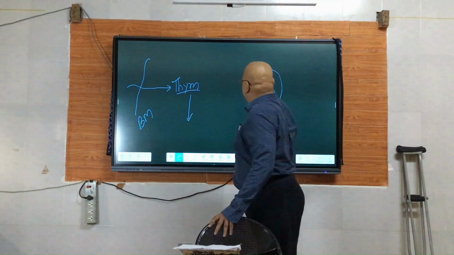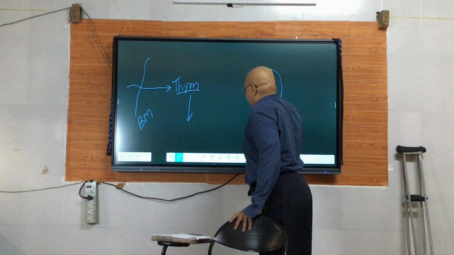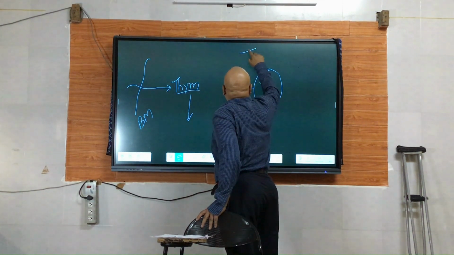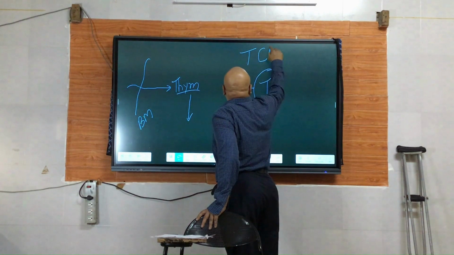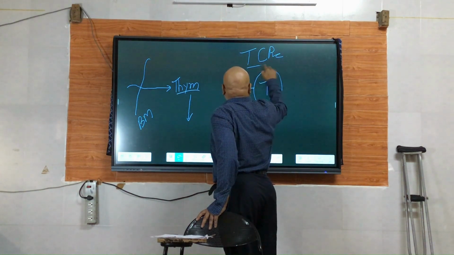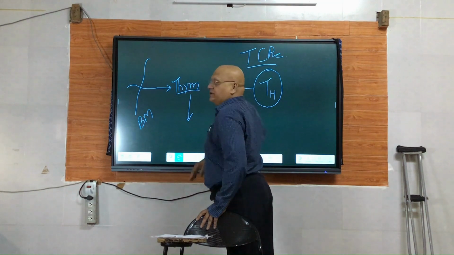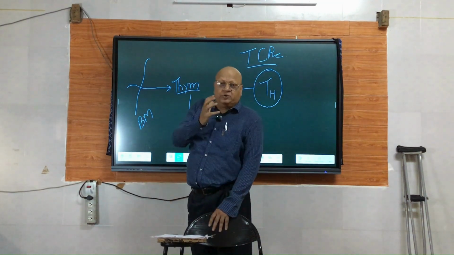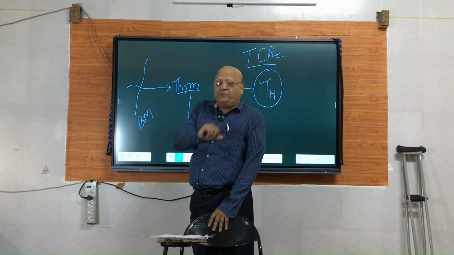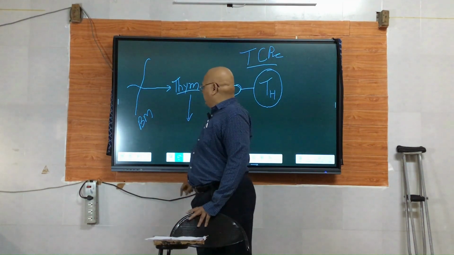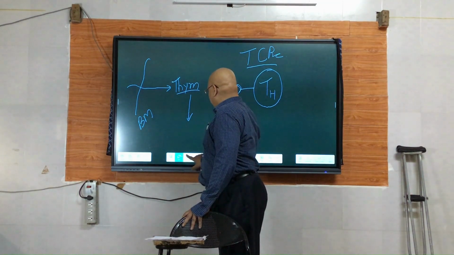Mature means they are immunocompetent. What does it mean, immunocompetence? It means that they have acquired certain receptors which are called T cell receptors, abbreviated as TCR. So, T helper cells become immunocompetent. Immunocompetent means they are competent enough to participate in the immune response now. So, we are going to see